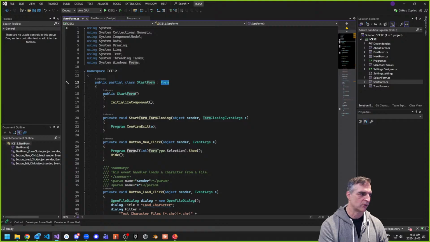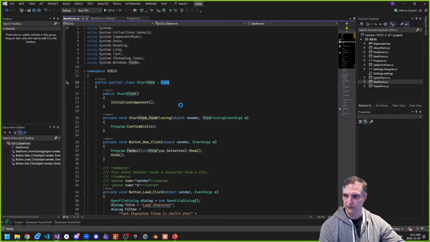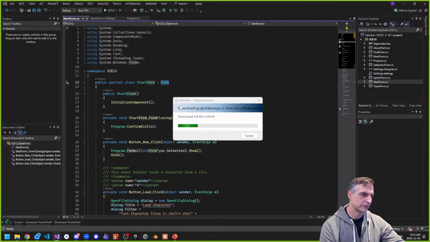Now, again, you're going to learn more about this, but that means every form has an is-a relationship with its parent. So start form is a form. We know that, right? And what it does with inheritance, which we'll learn about next semester, like I said, is that everything that's inside form is inherited by start form. And if I was actually to take a look at what form looks like, I can do that perhaps by pressing F12. Again, if you have ReSharper, it'll do it for you.